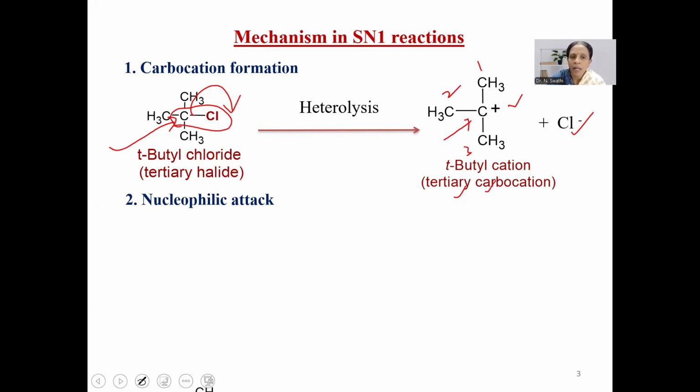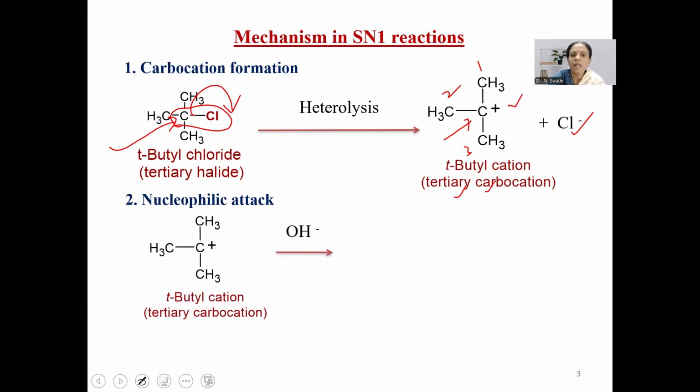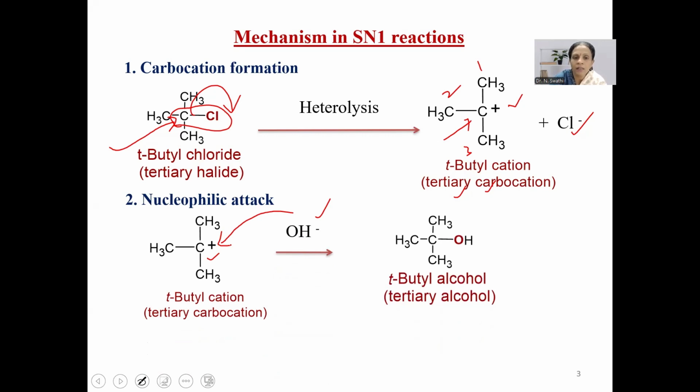Now once carbocation is formed, immediately the nucleophile attacks the carbocation, because nucleophile bears negative charge and carbocation is having the positive charge. So immediately the positive charge will be attracting the negatively charged nucleophile. So that is how OH will be attached, or it is attacking the positively charged carbon of the carbocation, and that is how we will be finally getting tertiary butyl alcohol as the product. So this is how overall, if you see tertiary butyl chloride, upon nucleophilic substitution reaction, we get tertiary butyl alcohol